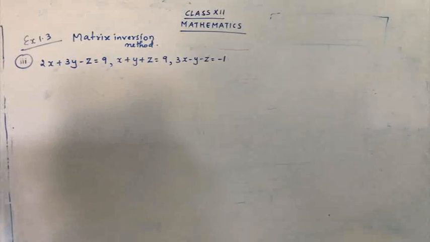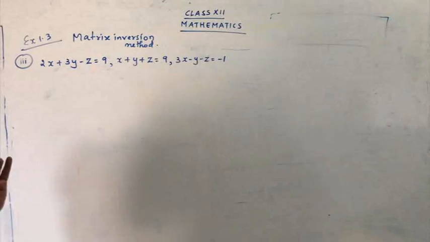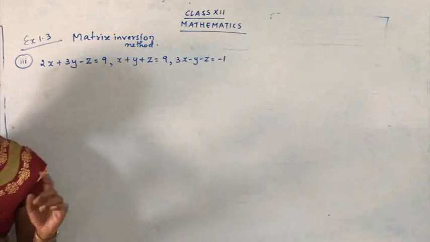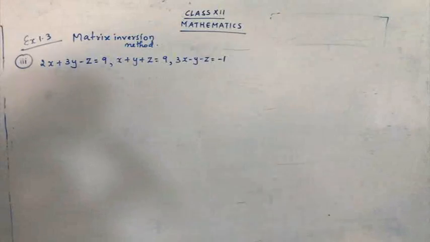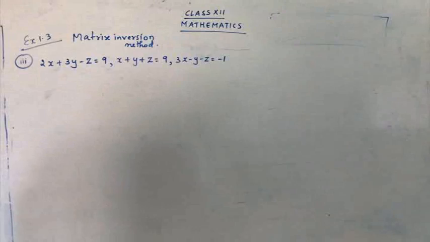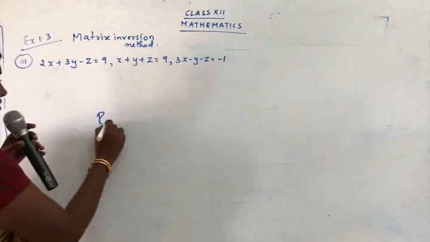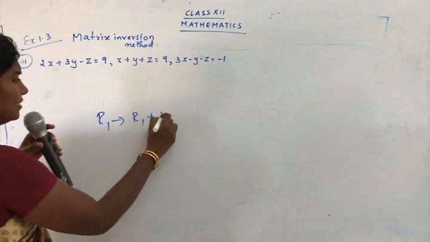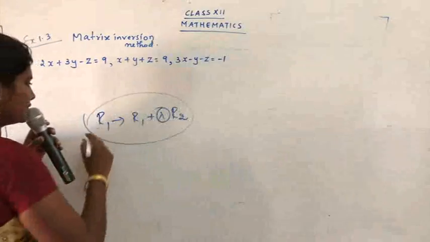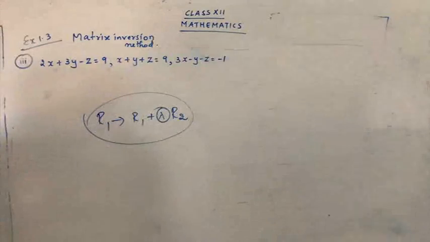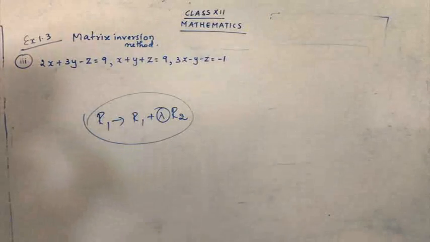So we have seen some steps, yes? So you have studied some steps for elementary row operations. That is, we can interchange the rows or columns. Then we can multiply a particular row. Or we can just do the scalar addition. We can just add and we can multiply. So if it is R1, we can say R1 changes to R1 plus some scalar multiple of another row. So we have this type of transformation. So we have studied 3 elementary row transformations which were used in the Gauss-Jordan method.